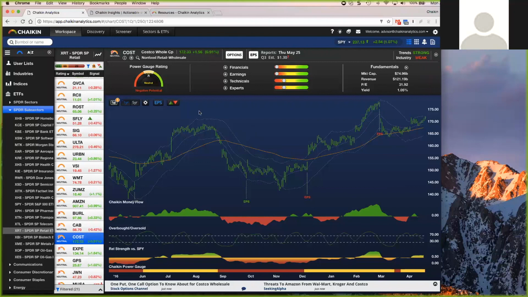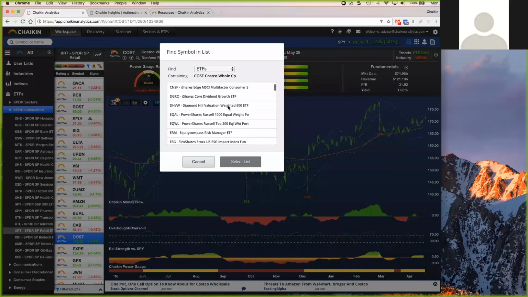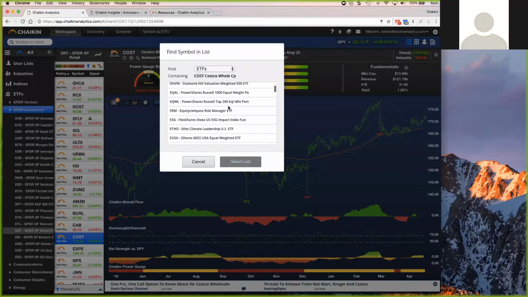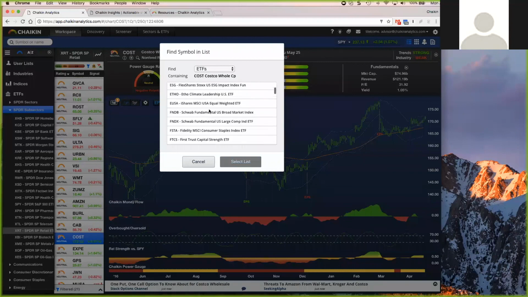So what I'm going to do here is really compound my use of Chaikin Analytics to find one that matches. For Costco, I'm going to click on the magnifying glass here, and I'm just going to go through ETFs. What I would tell you to do is make your way through each of the ETFs that Costco is in and see if there's any kind of title that matches what you're interested in.